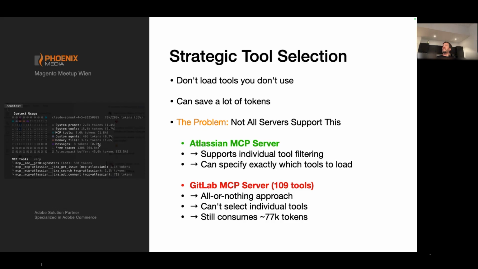This is still not good, but it's an improvement. On the left side, I provide a different view. That's only the Atlassian server with the tool selection, without GitLab. So there's no GitLab in here. As you can see, the tools themselves are like 35%. If you remember what I showed you in the beginning on the slide, these three tools take around 3% of the context window. So not that much. It's a really good improvement on the servers that allow this kind of configuration.